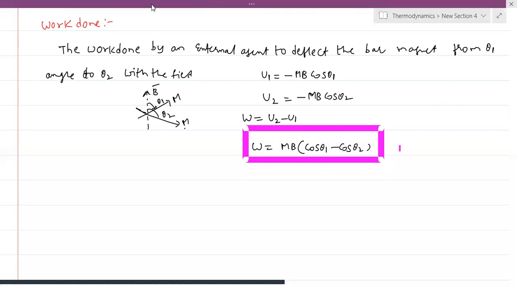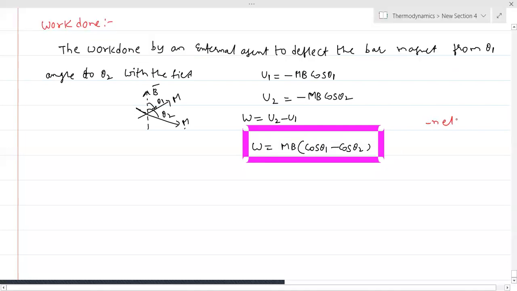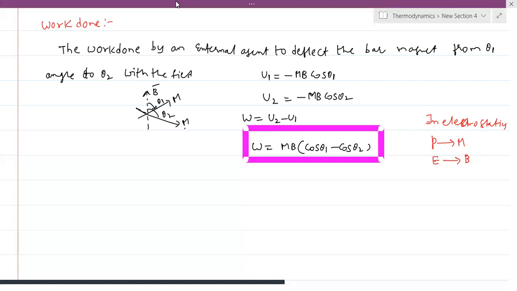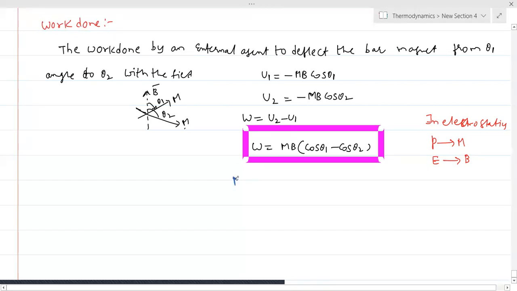So simply, in electrostatics, the P now will replace the term M, the dipole moment, and the electric field replaces the magnetic field. That is, if we study this same topic in electrostatics, the work done required to rotate an electric dipole, then we replace M here with P there, and the magnetic field here with the electric field there. And one more thing is, the magnetic moment is also called the magnetic dipole moment. We say magnetic moment. In some circumstances we used to say it as magnetic dipole.